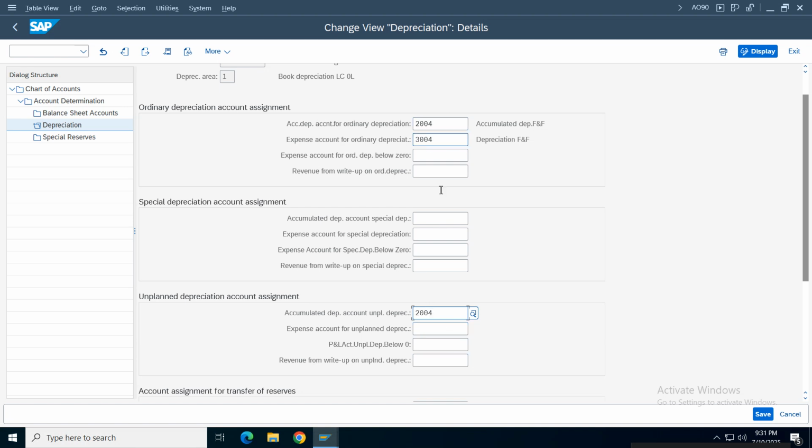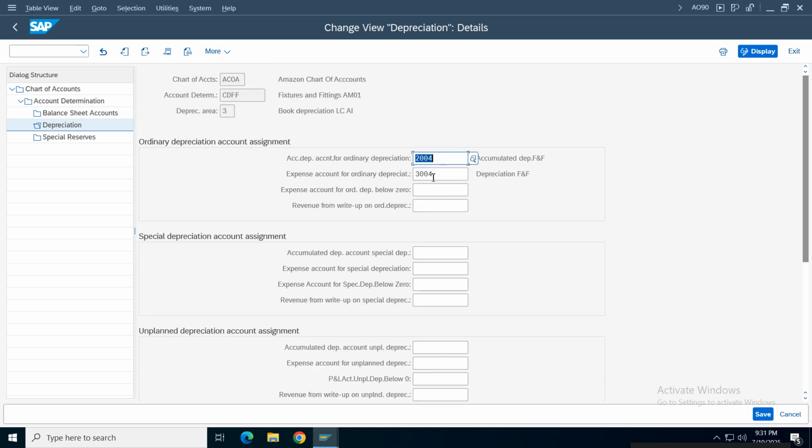But usually 99% of clients will say they use the same depreciation accounts. I'm assigning both the accumulated depreciation as well as the planned depreciation. This is for the first accounting principle. You have to assign the same thing for this one as well. 2004 and